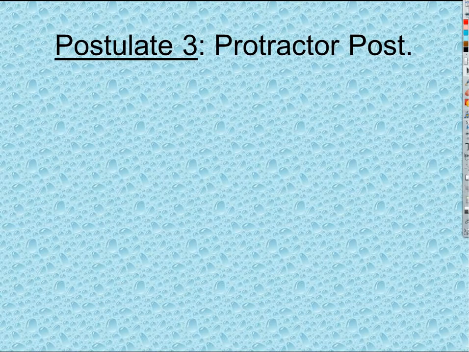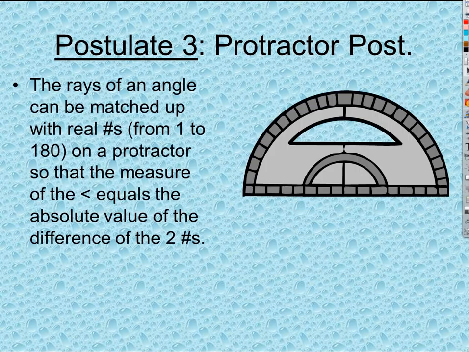Okay, so new postulate, protractor postulate. Very simple. All this is saying is just like the ruler postulate said we can measure distances with a ruler, protractor postulate says we can measure angles with a protractor. So if we take a protractor like this and we line it up with an angle, so the vertex of the angle is sitting right